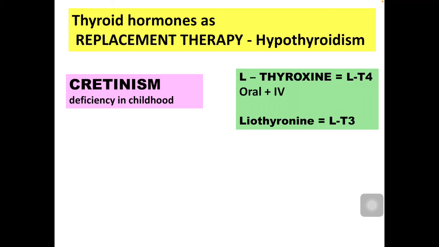For both types of hypothyroidism, the preparation used is the same, and mainly the thyroxine or levothyroxine, LT4, preparation is used, and most of the time it is used on an OPD basis as oral tablets. One tablet of the desired dose is given on an empty stomach as a single morning dose. That's it. It usually is more than enough in treating or as a replacement of thyroid hormones.